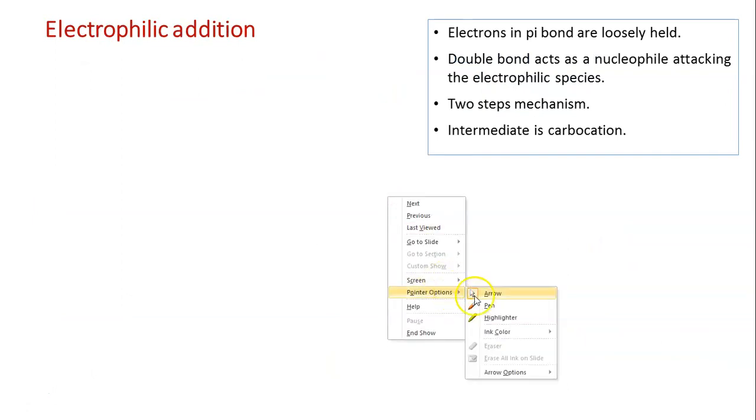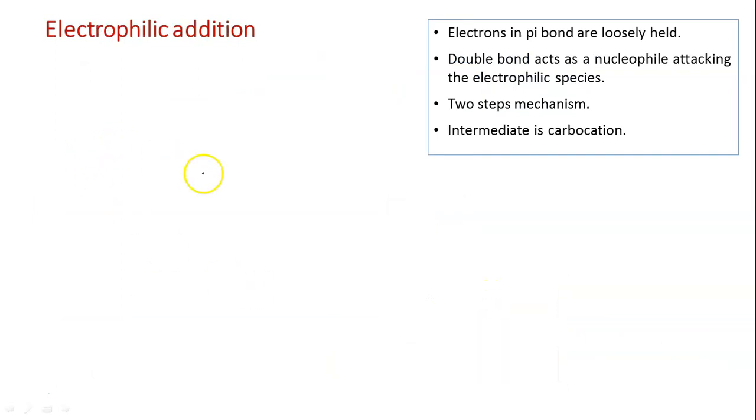Here we will see the mechanism, that is a general mechanism. So suppose we have a CC bond, there may be any group, I am not writing the group, and our electrophile is E. Now a free electrophile is mostly not possible. So obviously there will be some counterpart, which is the negative part, because the electrophile is the positive part. With it there will be some counterpart. Suppose I am writing that as Nu.